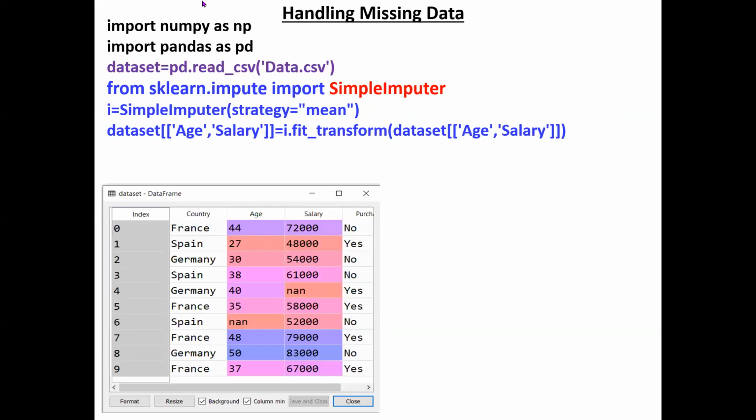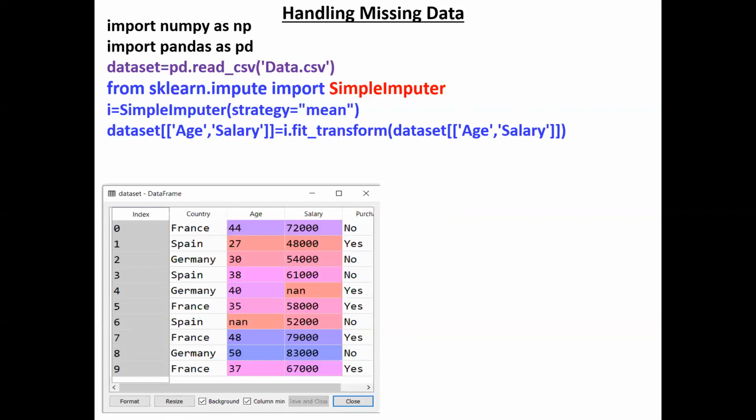And next, for the age and salary columns, there are missing values, NaNs. So on the data set's age and salary columns I am applying it. Similarly, as I showed you in the previous slide, simply use i.fit_transform. This syntax is very easy. For example, if you want to apply categorical data encoding, then also use the same syntax.